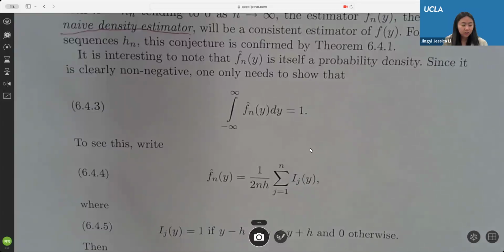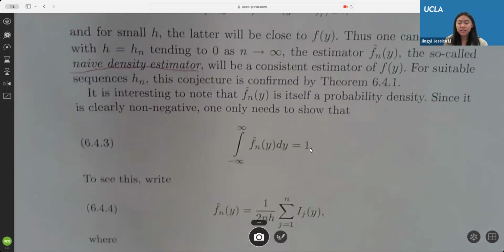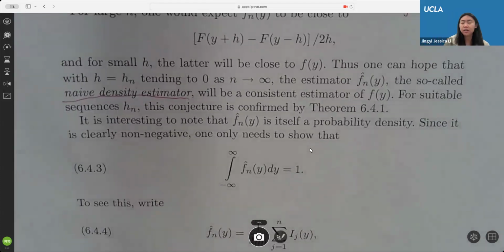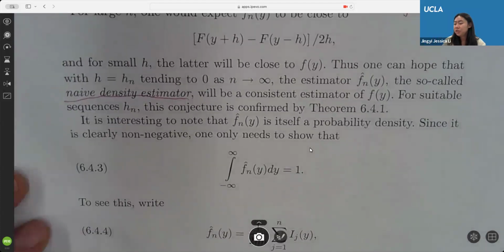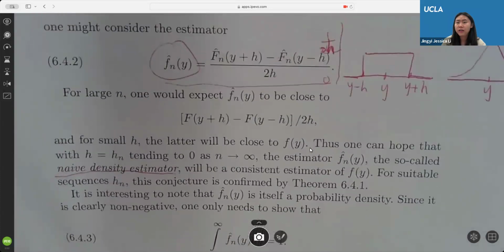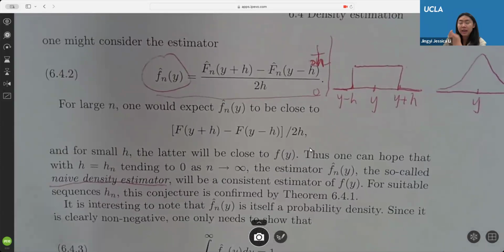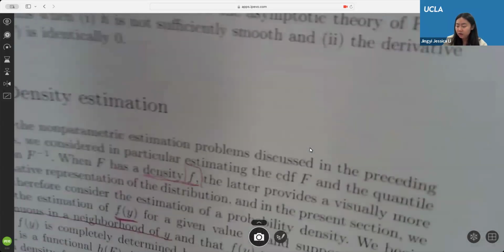Okay, so last time we talked about density estimation. The idea of density estimation can be traced back to our statistical functional and using the empirical CDF to plug in the true CDF to get an estimator. But something we have to know specifically is that here,